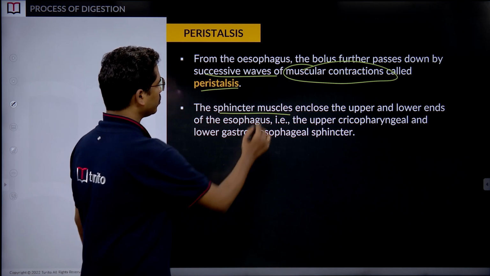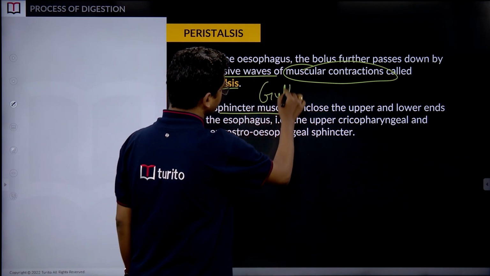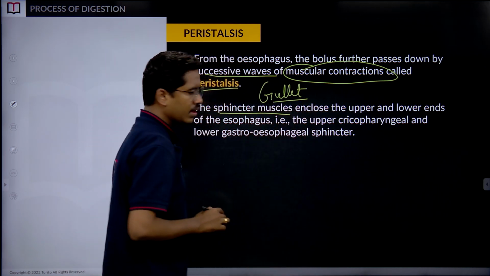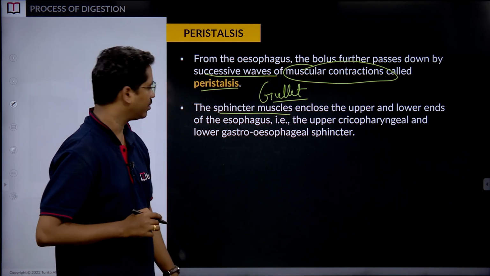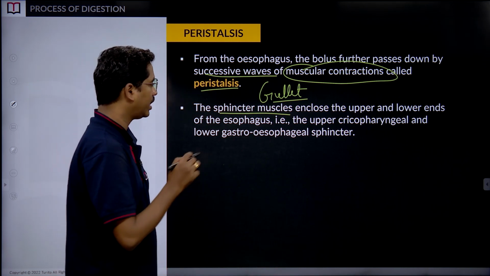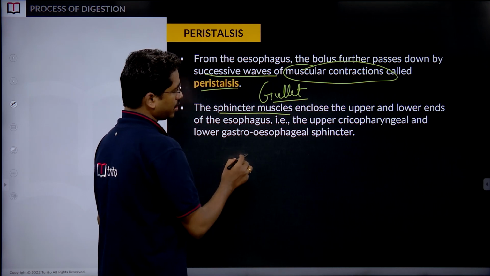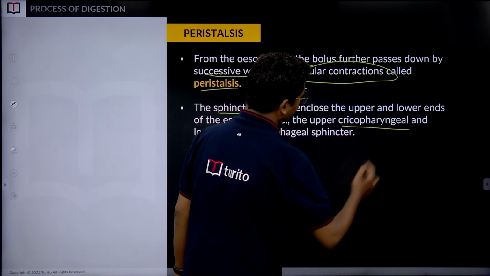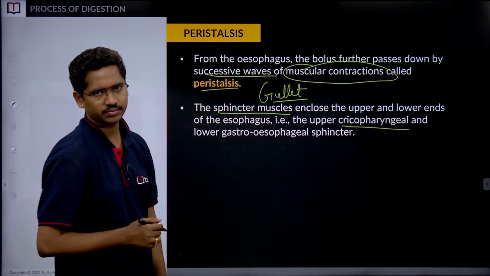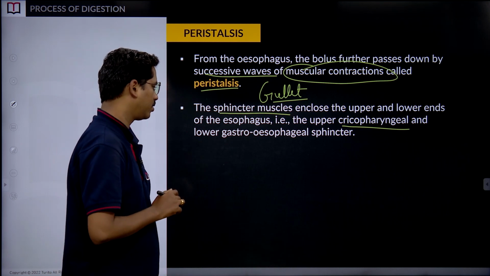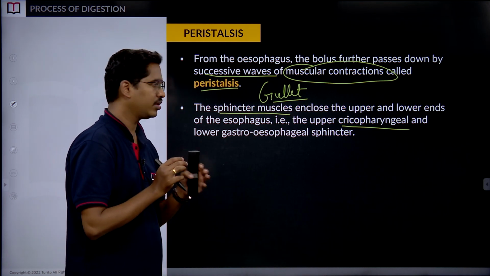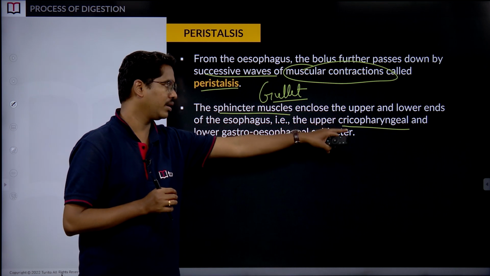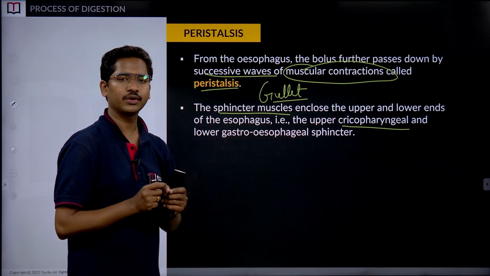That opening is known as the gullet. That is where you will see the cricopharyngeal sphincter first of all, which regulates the movement of the bolus into the esophagus,